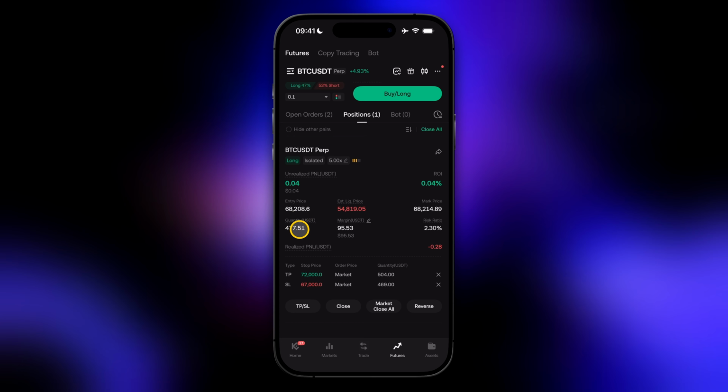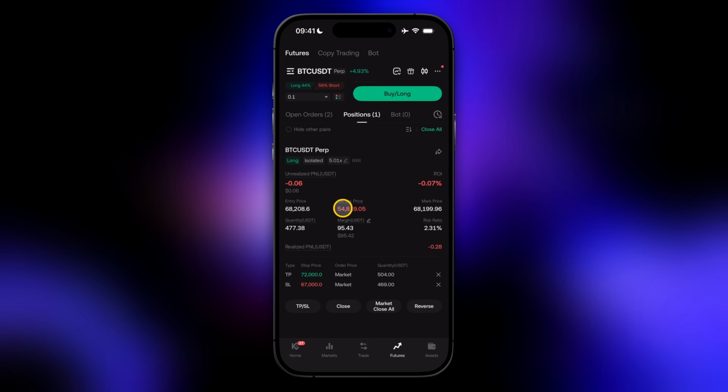But overall, this is the $500. This is the $100 of margin, which is also a bit lower, as you can see. And we can also see our entry price where we entered the trade, the current price on the right side here, and the liquidation price. Liquidation price would mean if we don't have a stop loss in this trade, which we currently do, but let's